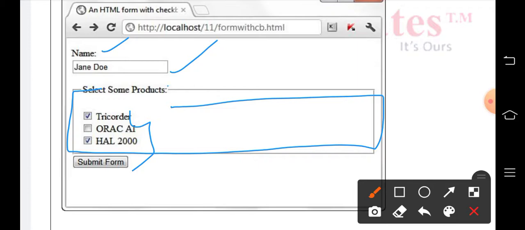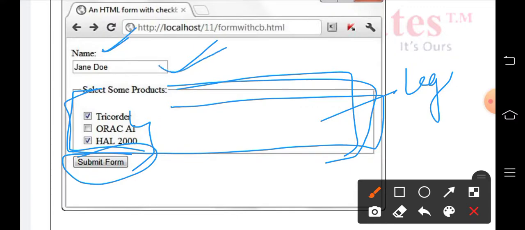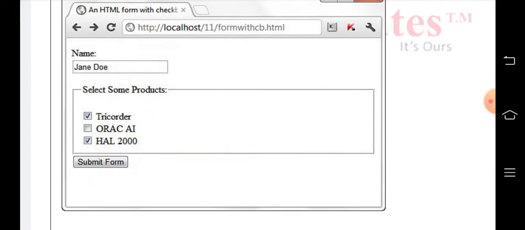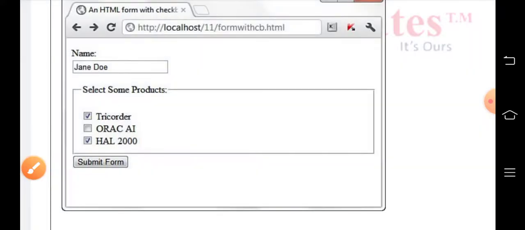Then this is done by using legend. By writing legend, we get this format. And finally we have a submit button. Getting the name label, text box, fieldset, and this is done by using legend, and this is the submit form. For displaying the form format, we are writing the coding part.